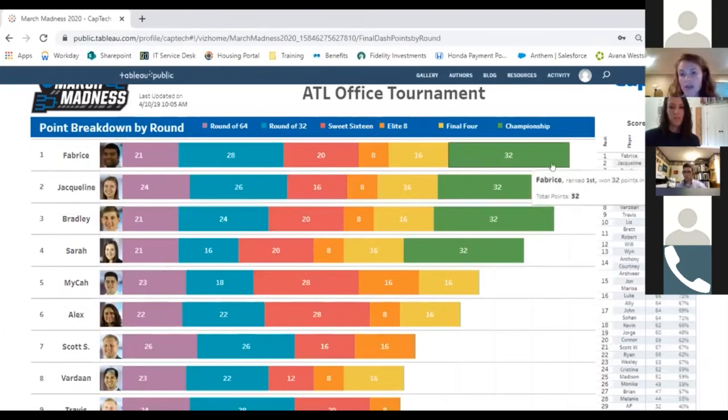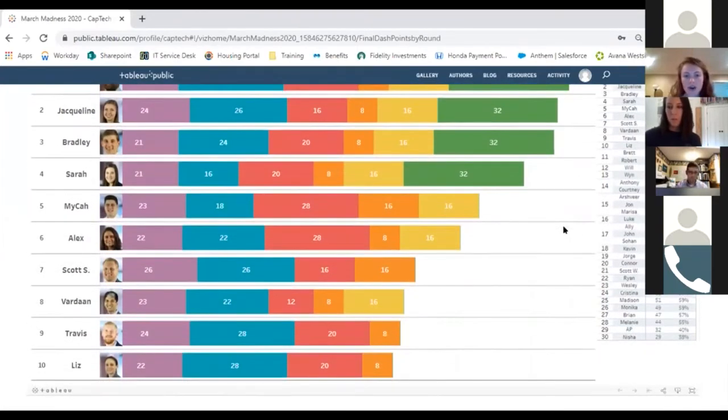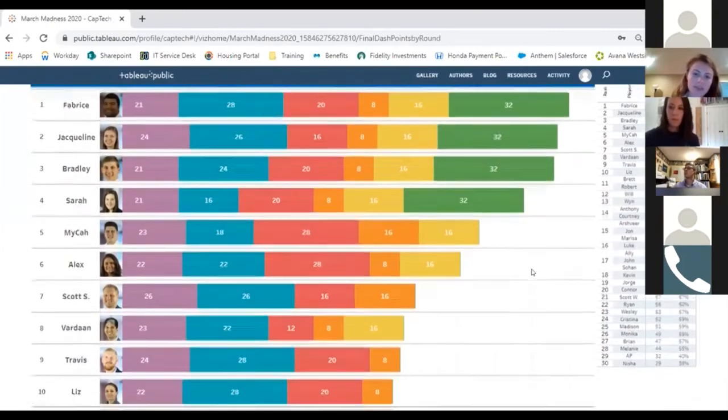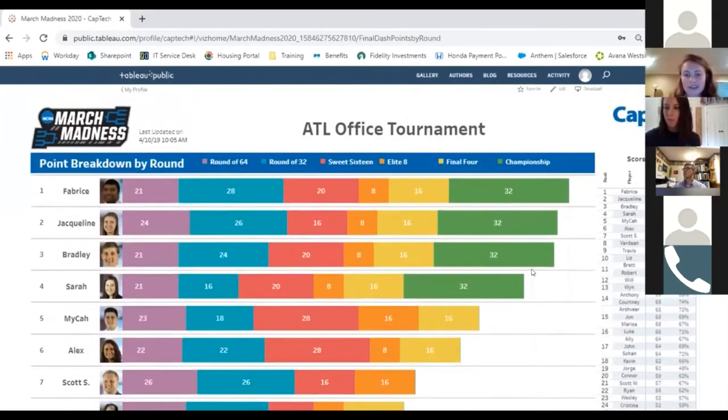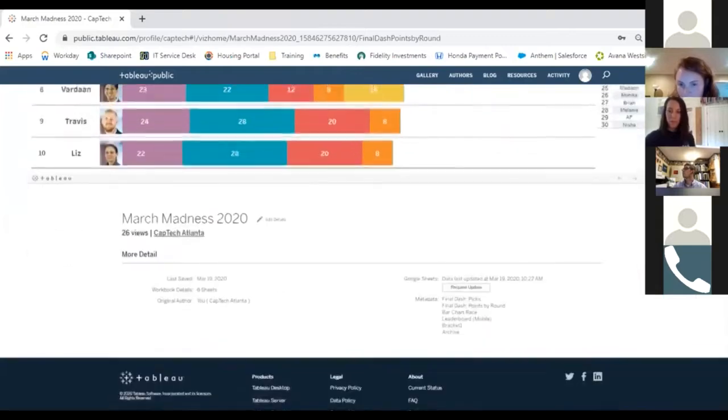And he actually picked, I think it was UVA that won last year. He picked UVA as the winner. So I thought this was interesting just to see how it progressed with time, and how some people could get such a minimal amount of points in one round, but still be able to make up for it in later rounds. I only had this filtered to the top 10 players because I thought it wasn't really necessary to show everybody, but I just thought it was an interesting way to look at it. So that was one of them.